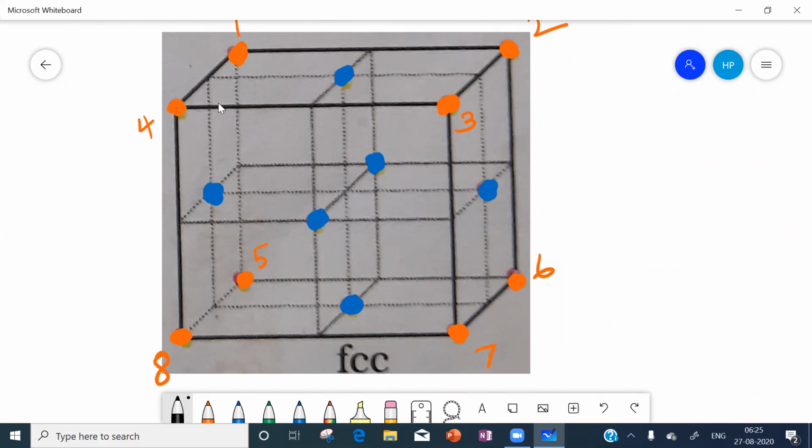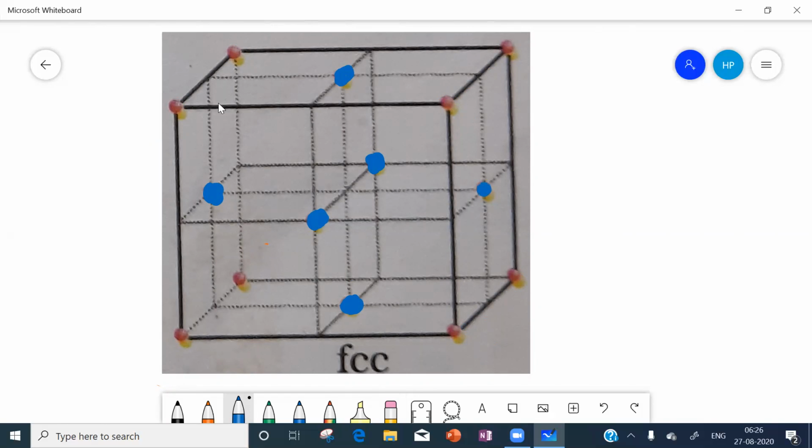Now we will consider exactly 6 face centers to say octahedron. Remaining things we need not consider, we will leave them. The blue color balls give the face centers.